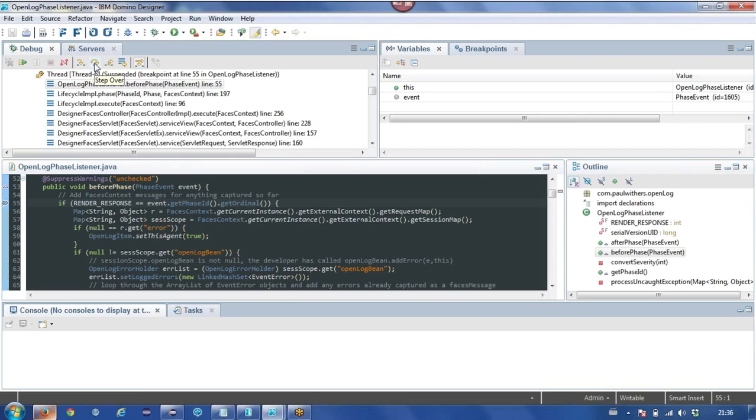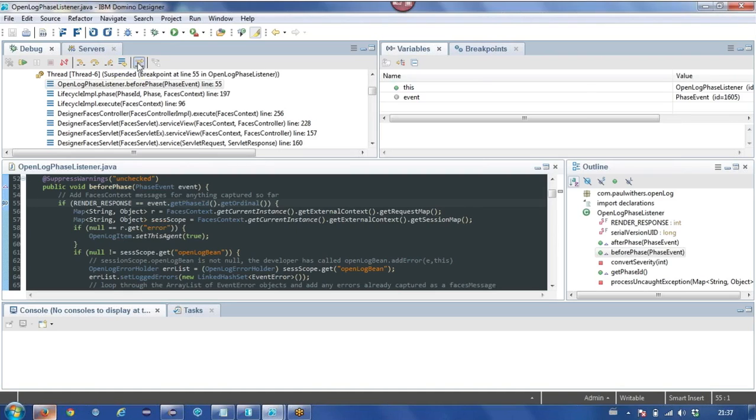Step over, same as in the LotusScript debugger, it runs that line and goes on to the next line in that class. Step return is the same as step exit in the LotusScript debugger. It continues through the rest of that class or that method, and then stops again on the line that called that class or method.